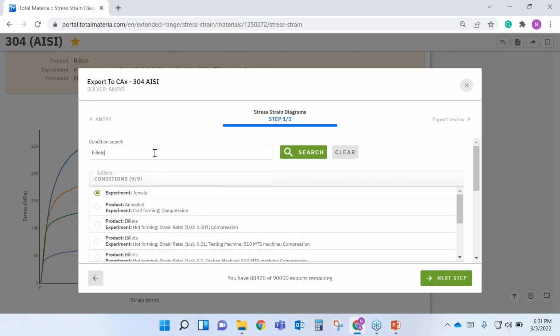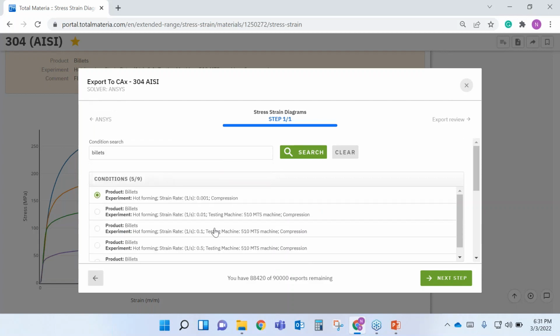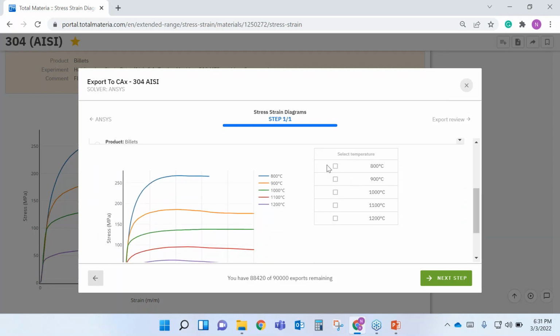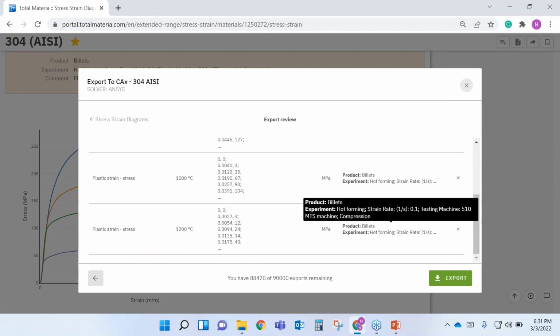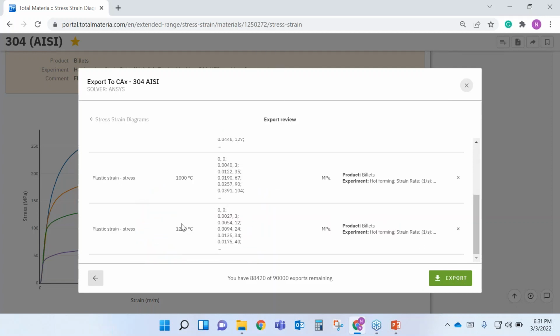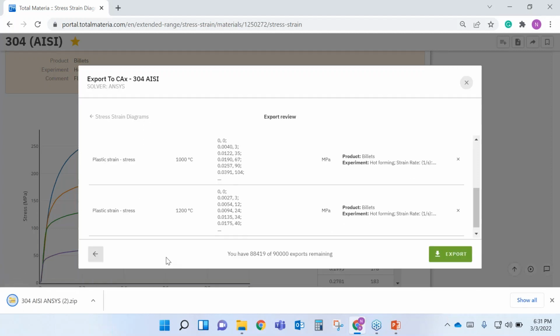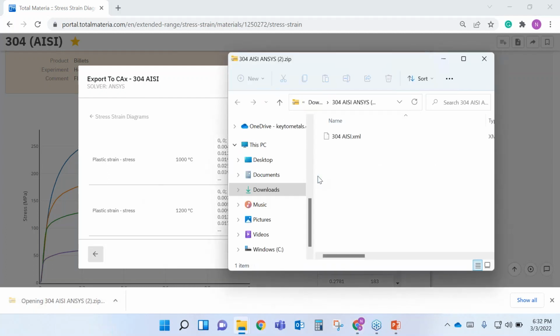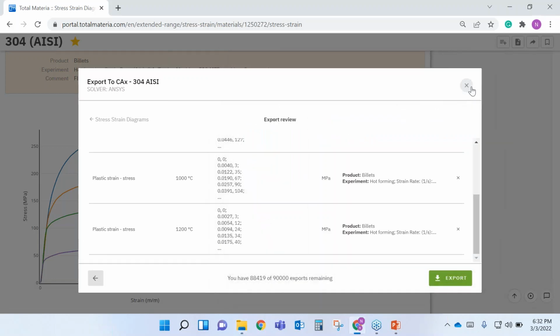Type billets, so I don't have to scroll through everything. And I know my strain rate was 0.1. Select which curves I want to export. Make sure it all makes sense, and then export. So I don't have to copy paste anything. I don't have to put in a new material card. I get my zip file and my XML file here. So that's how easy it is to export data